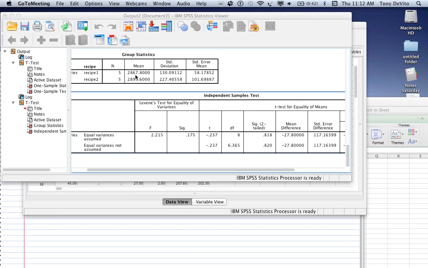Null hypothesis is that the two means are the same, right? And we failed to reject because we have 81.8% chance of being wrong if we reject the null hypothesis. So we fail to reject the null hypothesis because the significance, the p-value for our t-test, has to be less than 0.05 for us to reject the null hypothesis. Okay,